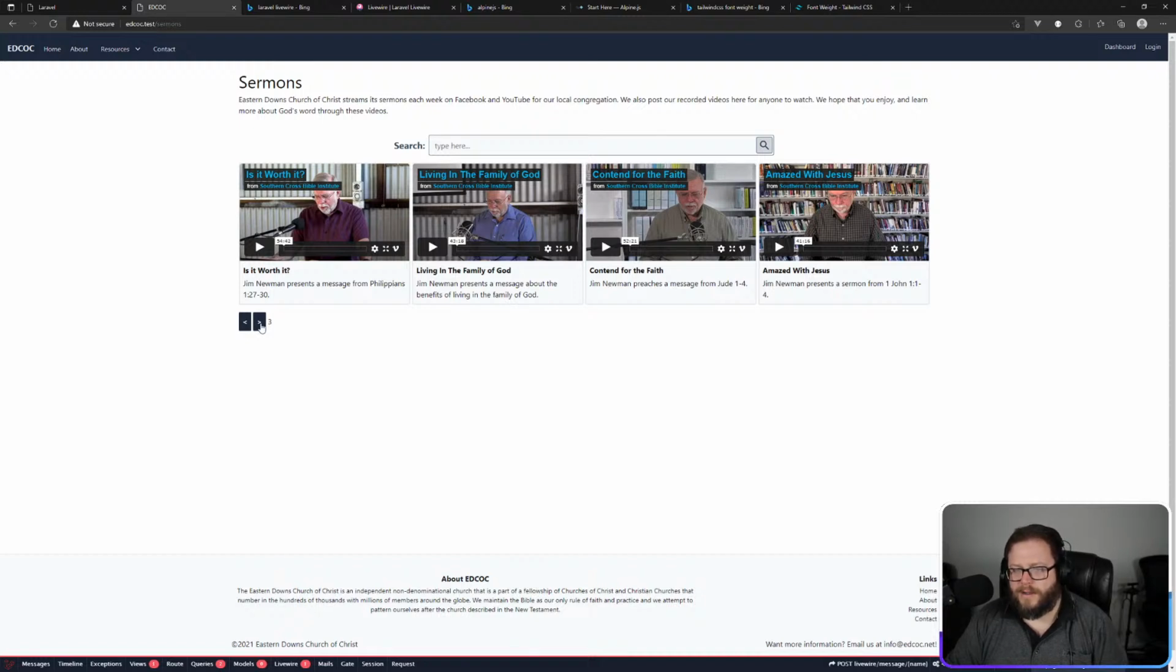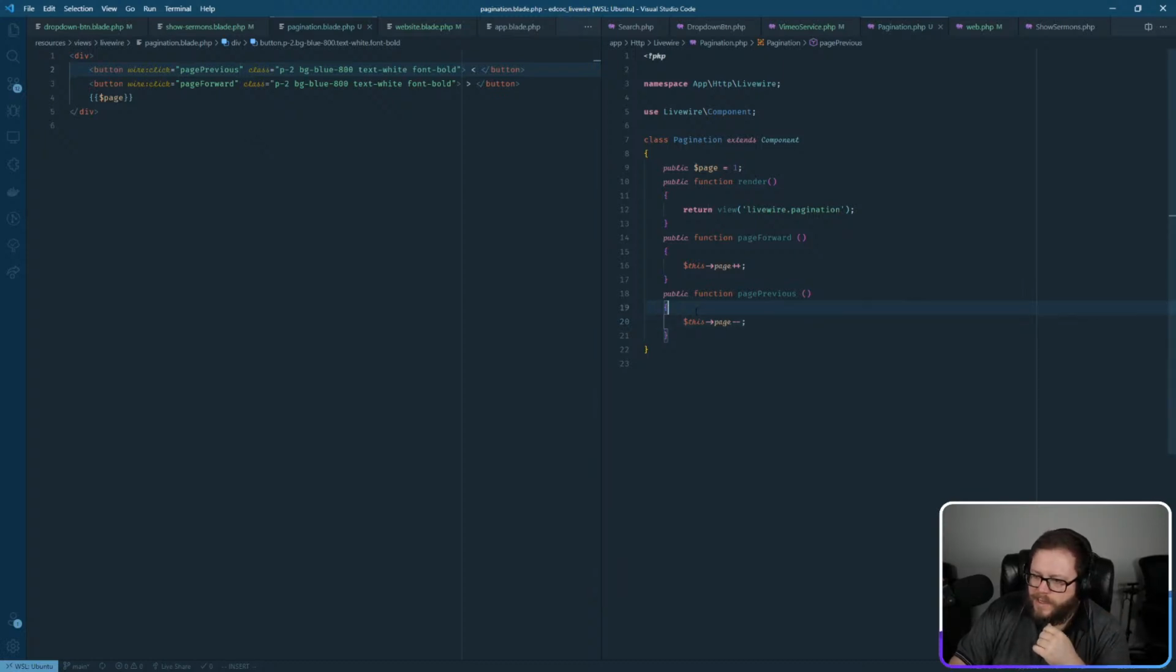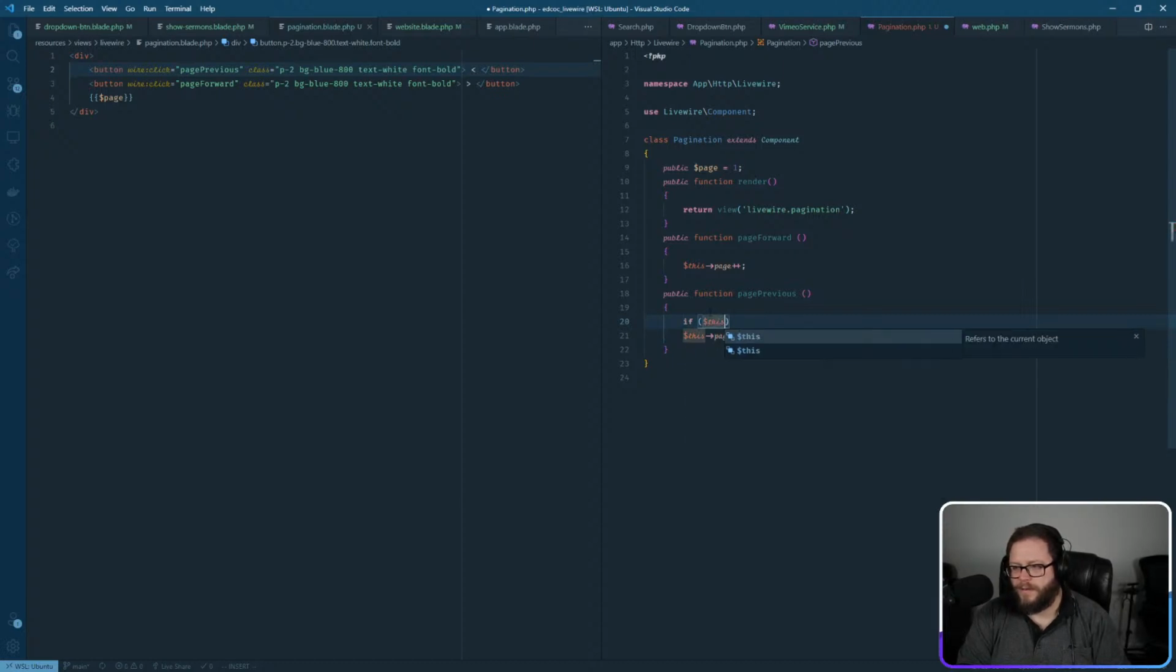All right, so we got a page forward and backward. Cool. Now, there's a few things that we need to get. We need to know what is the current page of the paginated results. We need to know what is the maximum, what is the minimum. We'll do the easiest one first. We'll say if this page